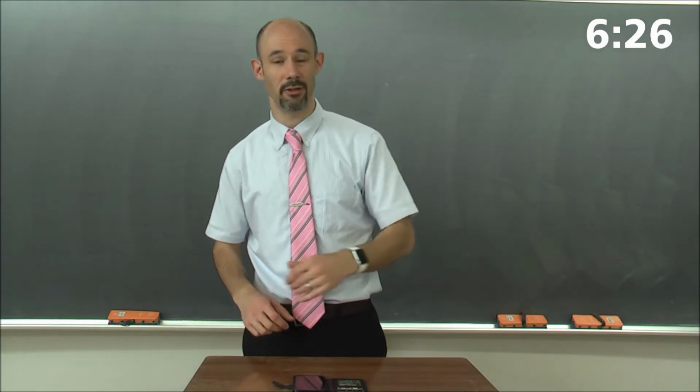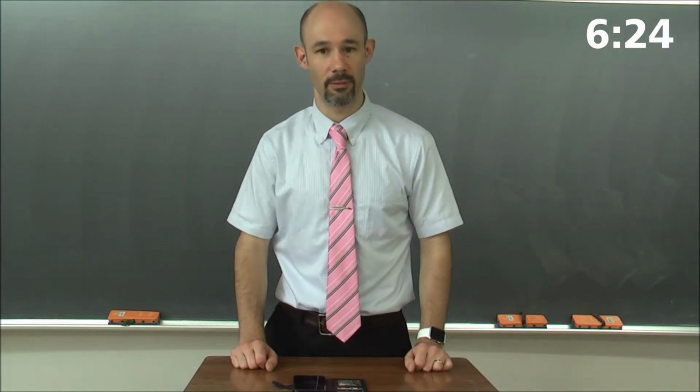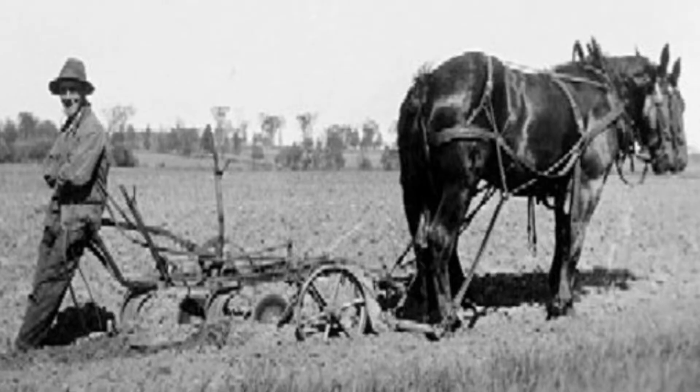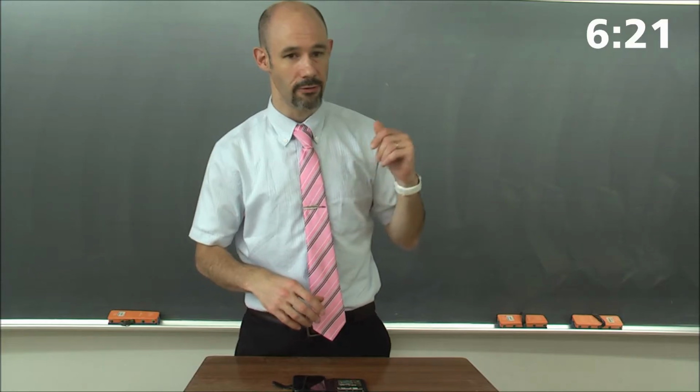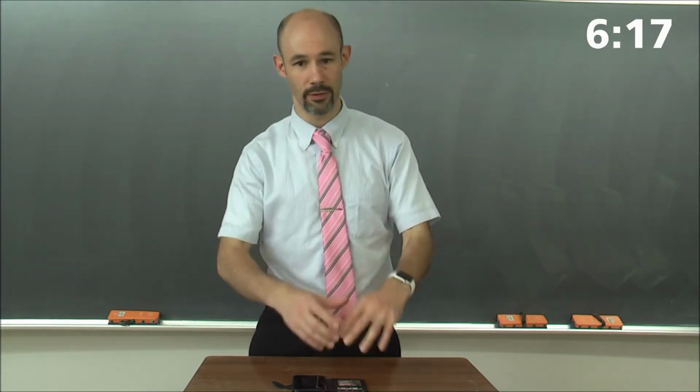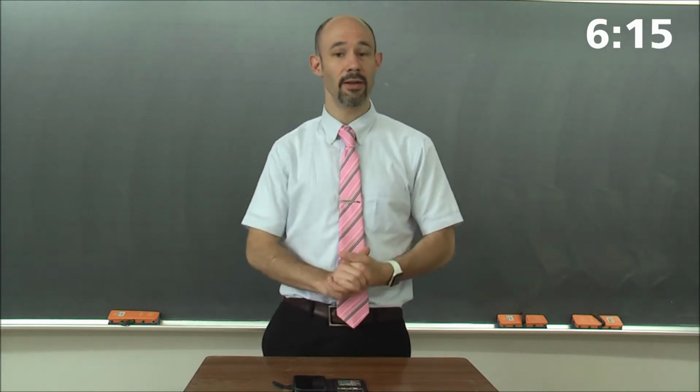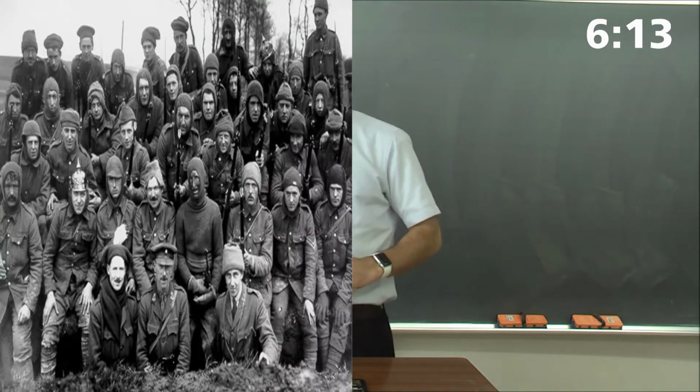It wasn't hardy enough, as we'll find out soon, but that's what they started to plant. So they ploughed up the grass and they put down wheat. They used horse-drawn ploughs and they ploughed up the grass and they put down wheat and they started to grow wheat. Now at that time, in Europe, we have World War I happening.